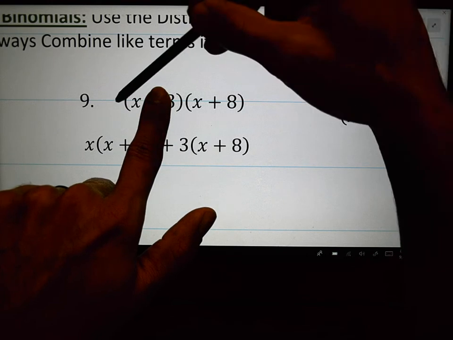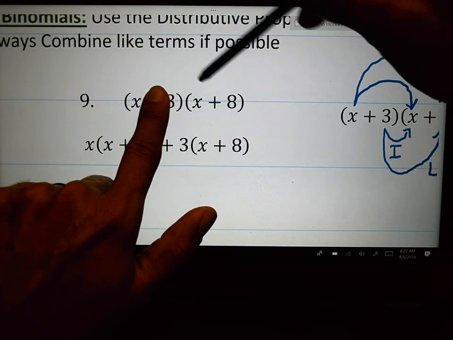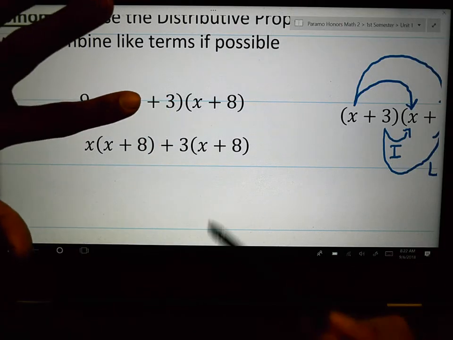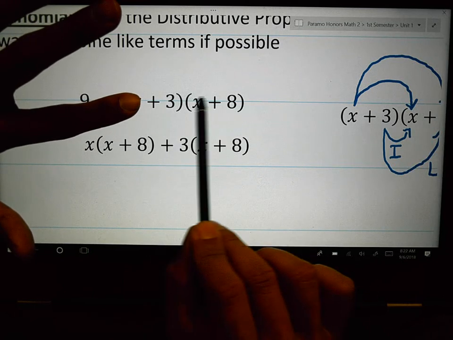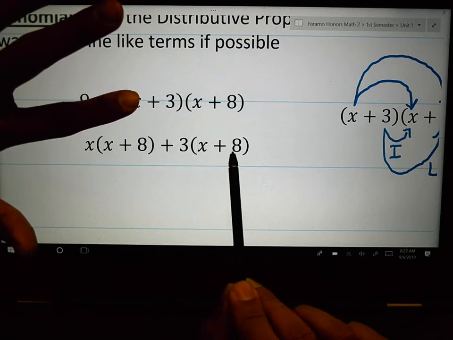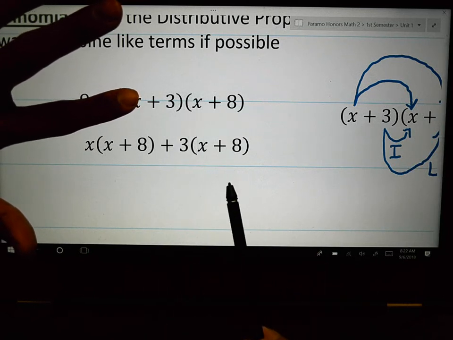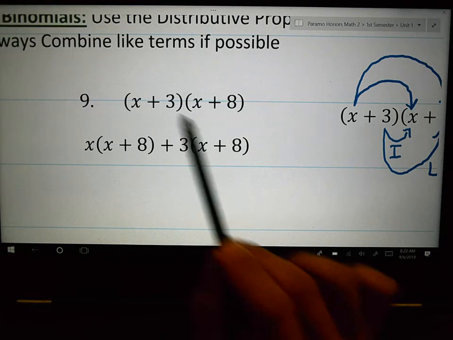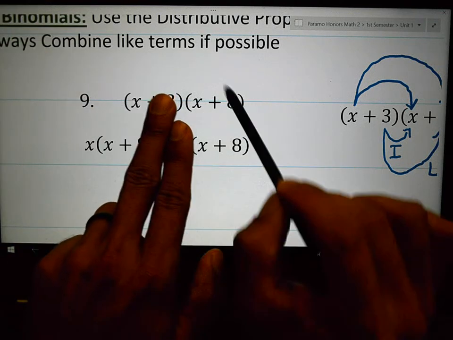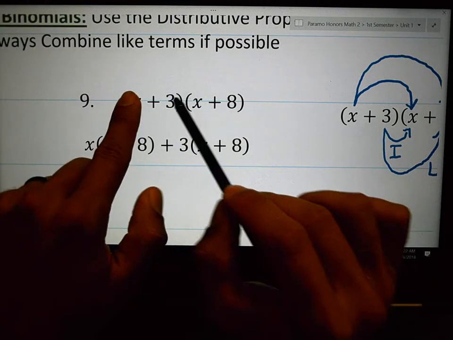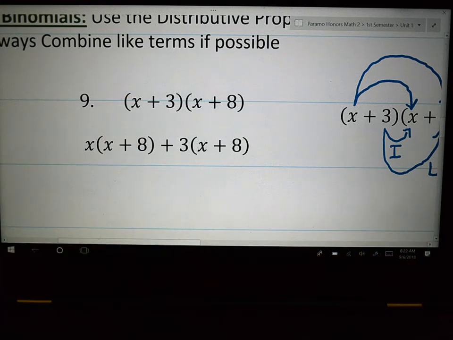And since you covered that up and you did this term to both of these, and then you cover this one up, you could do this one to both of these. That's the double distributive property, where you do the first term times both of those, and then the second terms times both of those. If you do that correctly,